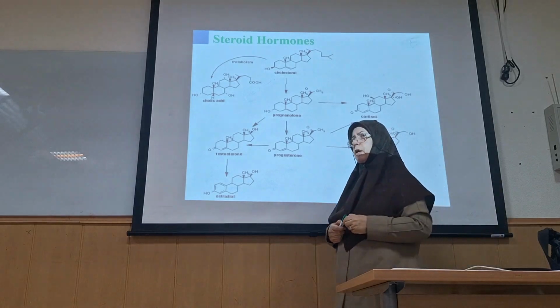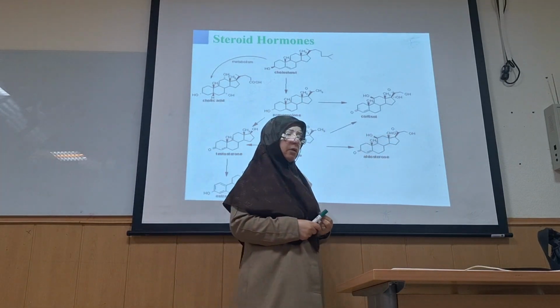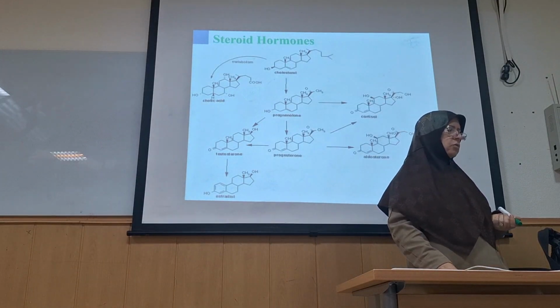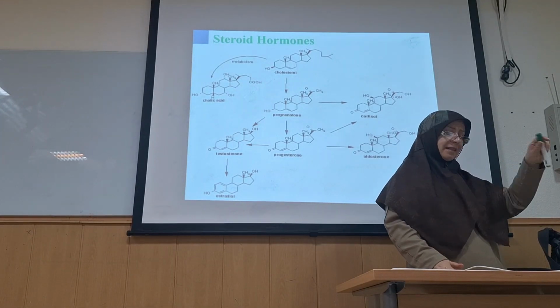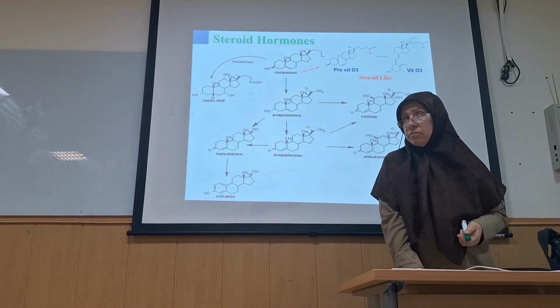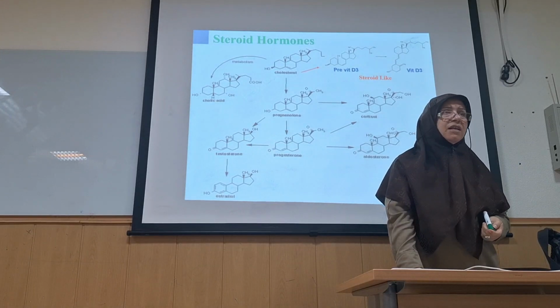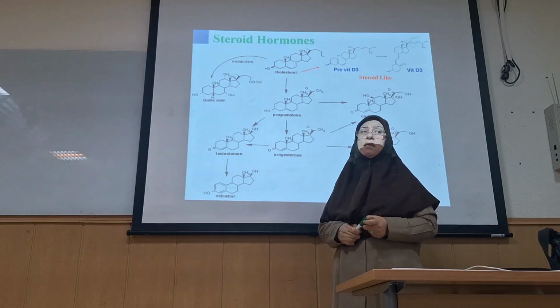Steroid hormones. All steroid hormones derive from cholesterol. Steroid hormones include testosterone, estradiol, progesterone, cortisol, aldosterone. In addition to these, we have a steroid-like hormone, and this is activated vitamin D. Activated vitamin D is a hormone